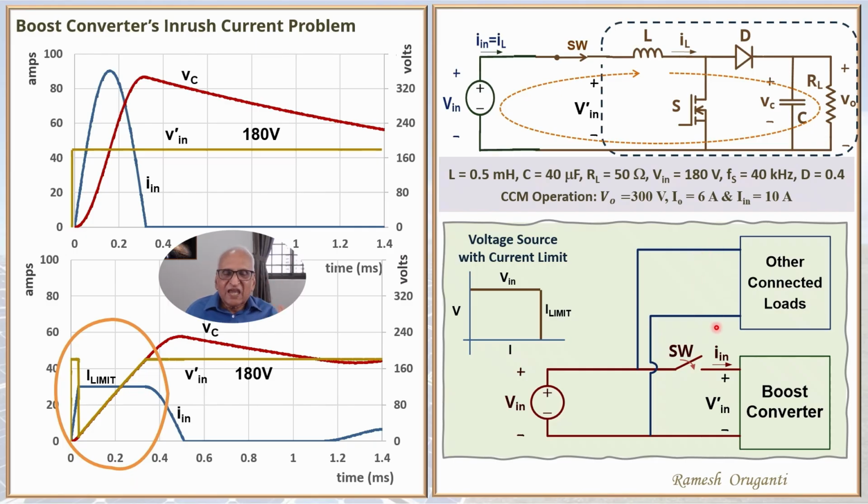So this can be a potential problem. In other words, if you have connected loads and if your source is a current limited source, this can be a potential problem. Current limited source is very good for the boost converter itself. The current surge is prevented, but it can cause a voltage dip in the DC bus here,